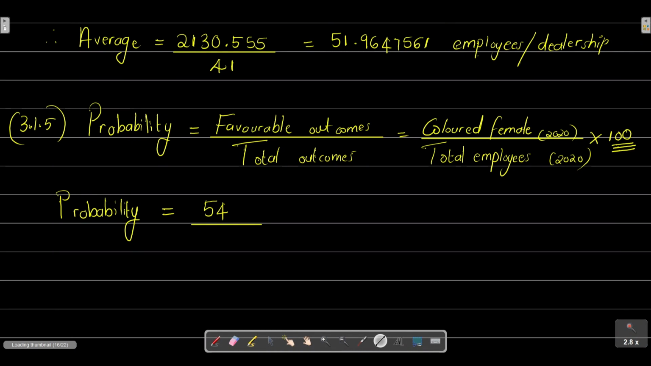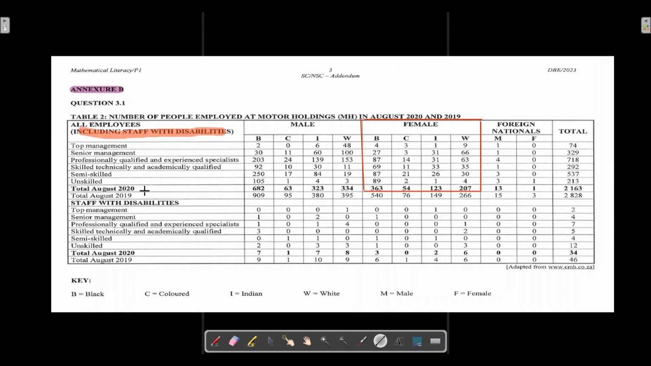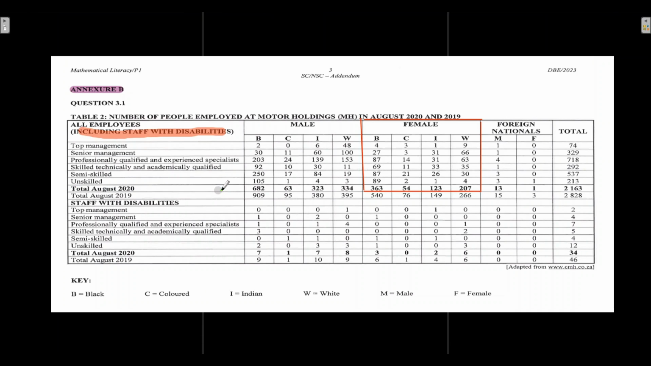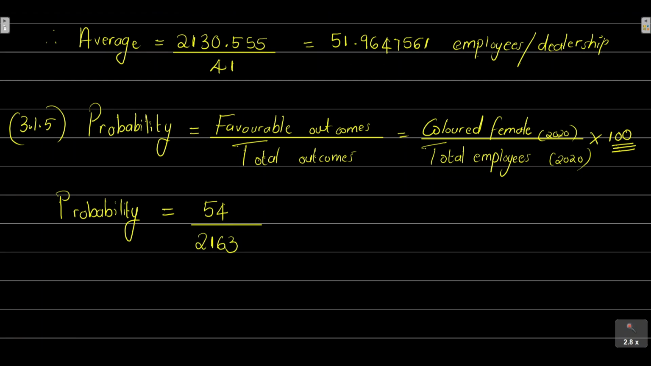So we've already done this. We already know the total number of employees that we had in August 2020. So we're going to focus on August 2020 and go all the way down. The total number, we said, was 2,163. And remember, we wanted it as a percentage, so we're going to multiply it by 100. So if you take 54 divided by 2163, multiplied by 100, you will get